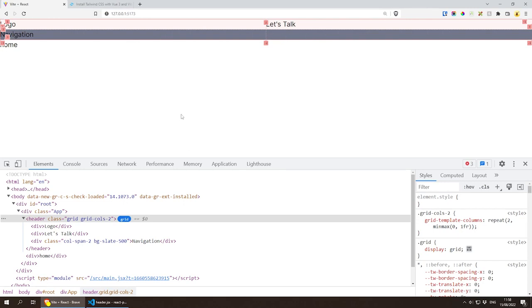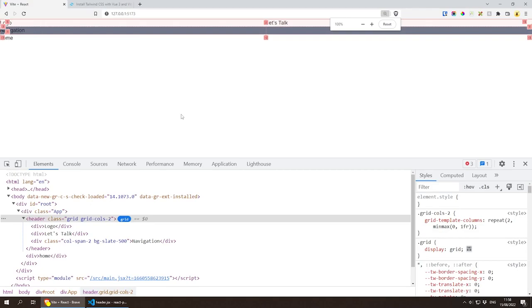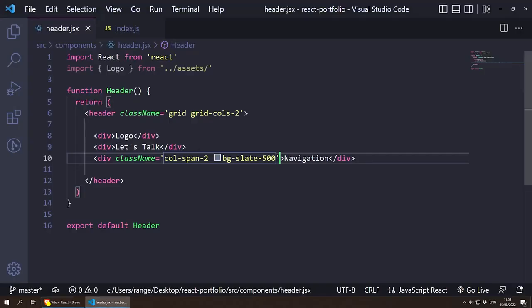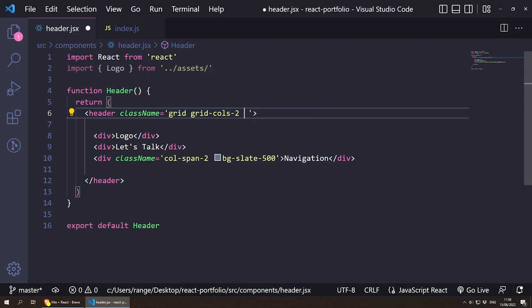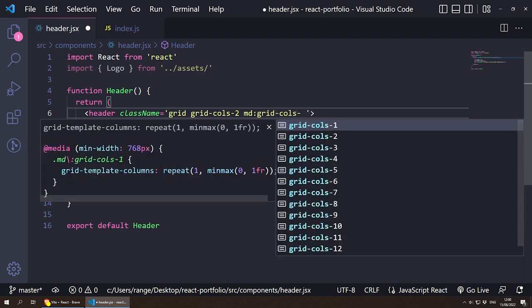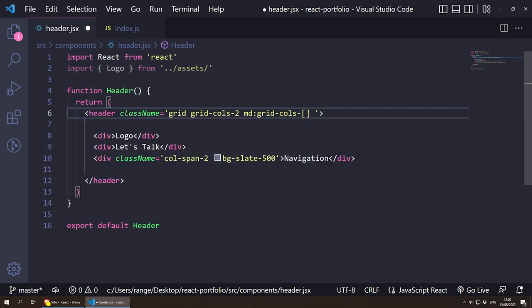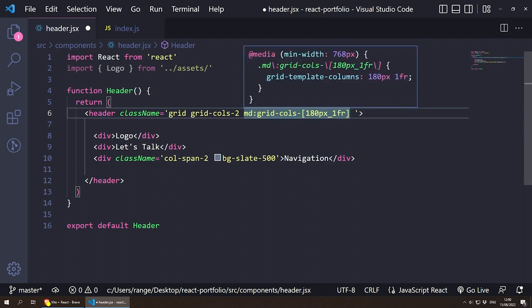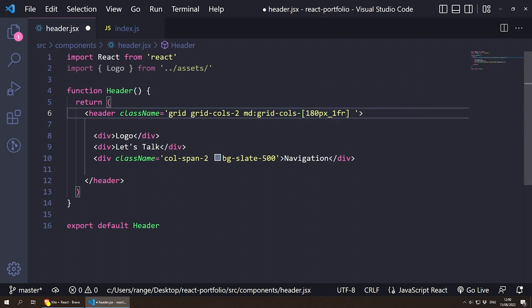Now, when we go up to desktop, I want this to change, as I said, so I'm going to zoom out a little bit. And what I want to do is, instead of having 2 cols, I want to have 3. Okay, so we can give it a medium media query, and I'm going to create a custom grid here. So I'm going to do grid and then cols and then dash, and inside here is where we can specify the sizes for each column. So for the logo, I want to have 180 pixels, underscore 1FR, which means 1 fraction of the available space is going to go for the navigation. And then I'm going to do another underscore for 180 pixels, and that is going to be for the Let's